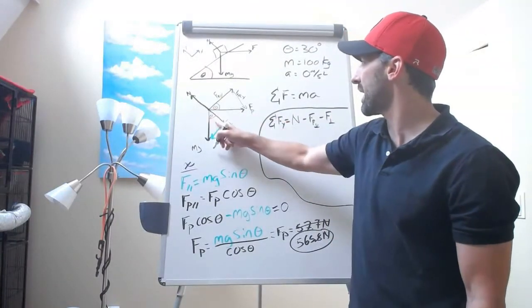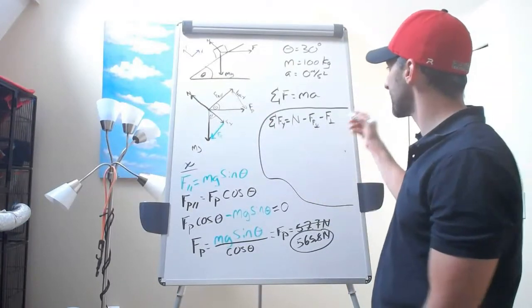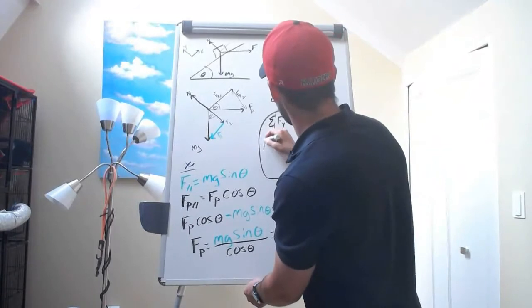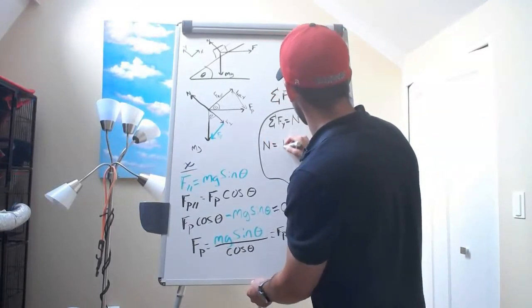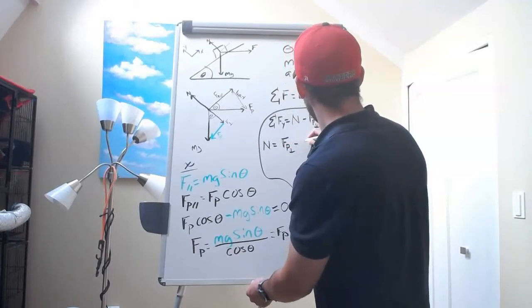Positive direction, negative direction, negative direction. I know the sum of all those forces equals 0. Thus, I can say that the normal force is equal to FP perpendicular minus,